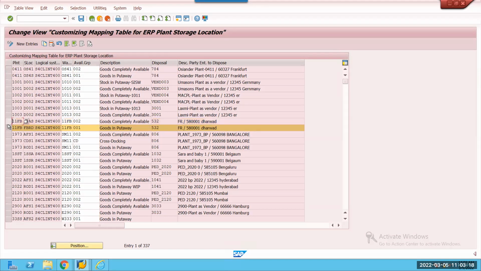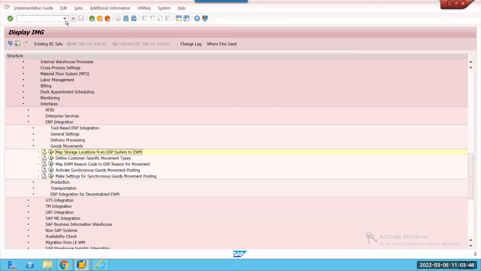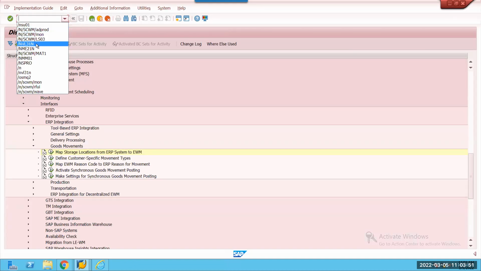Usually one plant has only one party entitled to dispose, correct? So the other plant is going to have a different party entitled to dispose. So it doesn't come blank. It is going to come automatically over here. If it is coming blank, your definitions are not maintained properly. Maybe the business partner maintenance is not proper, or CRM 11, CRM 10, right? What you are saying, CRM 10 is not maintained in the BP for the plant.